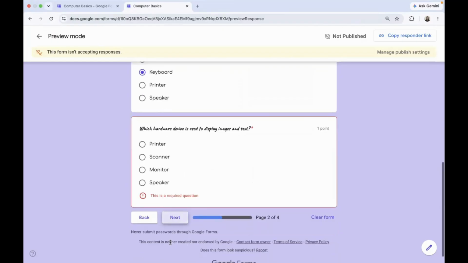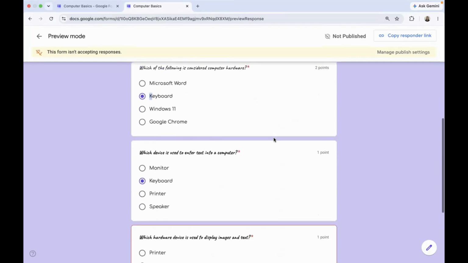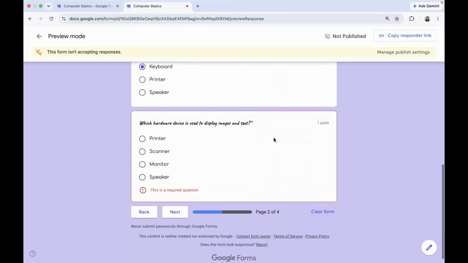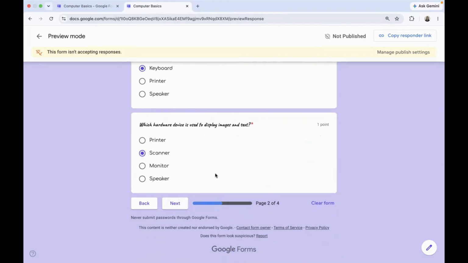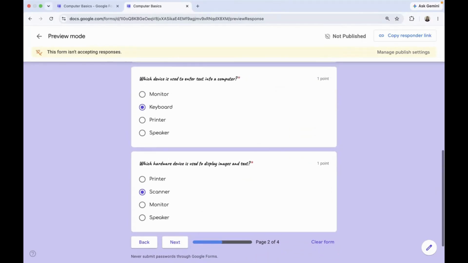So next, until you are able to complete all the answers required by this form. I cannot move on because this question is a required question. You have to answer it. That's how important the required option of the form is, because your students will not forget to answer each item in your form.